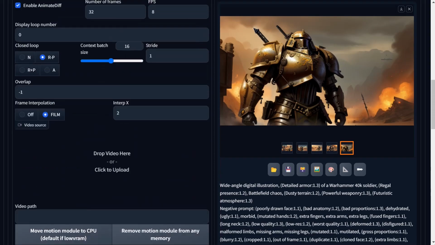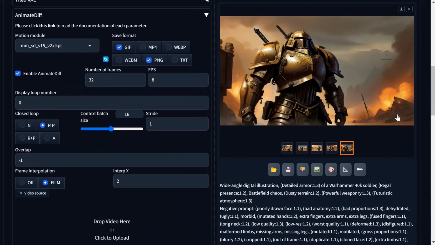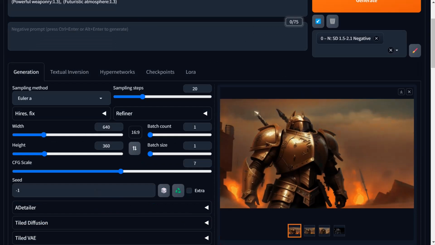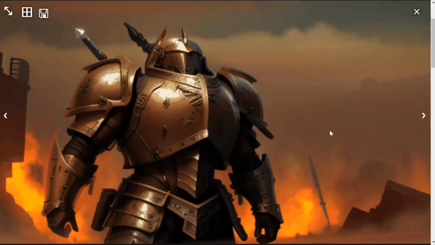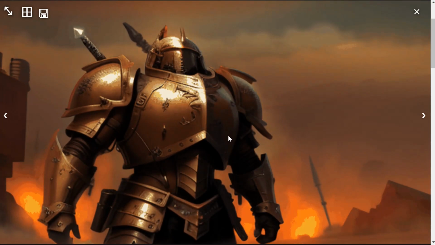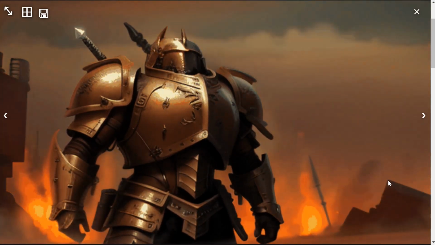We're going to run this through and generate it and see what it looks like. So let's come back up here, hit generate. Okay, so a little mistake I made on this one is I had the batch count set to 4 for the images, and I forgot to shut that off. So it actually was going to render out 4 different animations. I stopped it after it did the first 2 animations, and as you can see, this